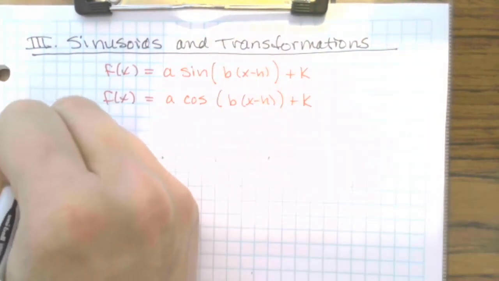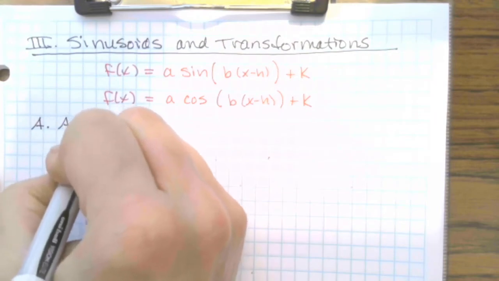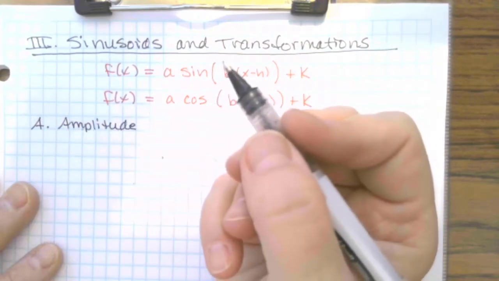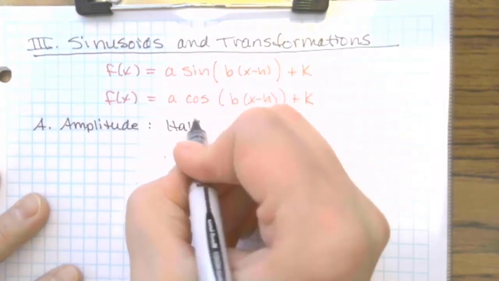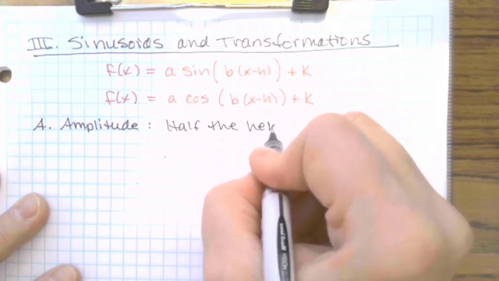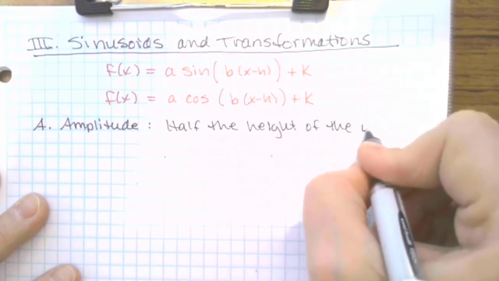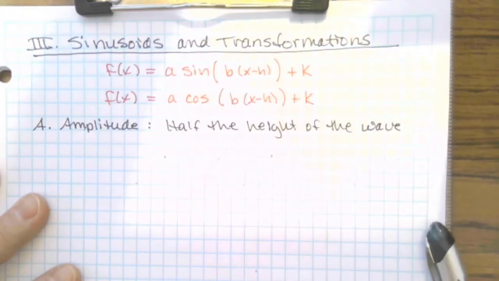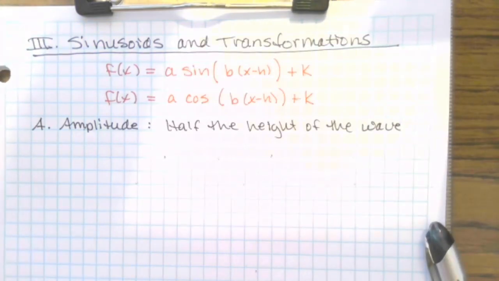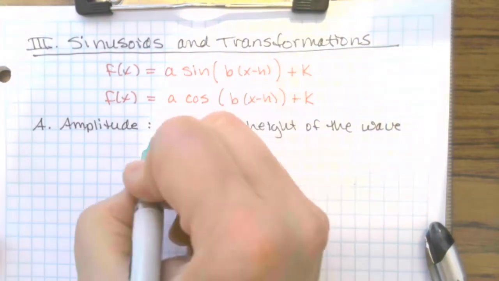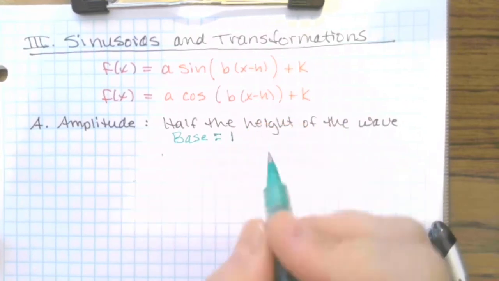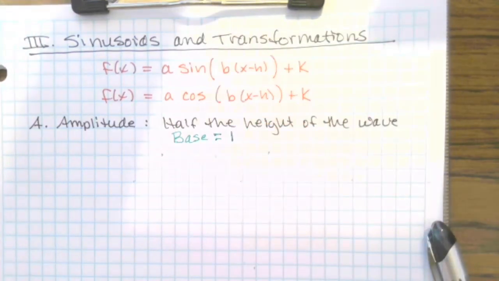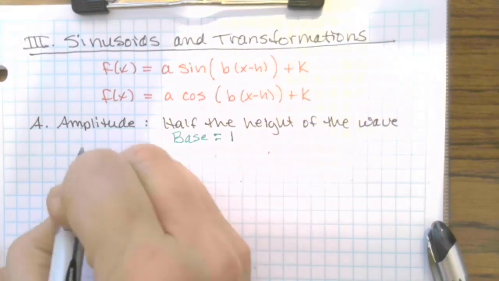Okay, let's start with a. A is the amplitude, and the amplitude is half the height of the wave. And when it comes to a base graph, meaning without any kind of transformations done to it, your base amplitude for a sinusoid is 1. Okay, so using the amplitude, which is going to be the a value,